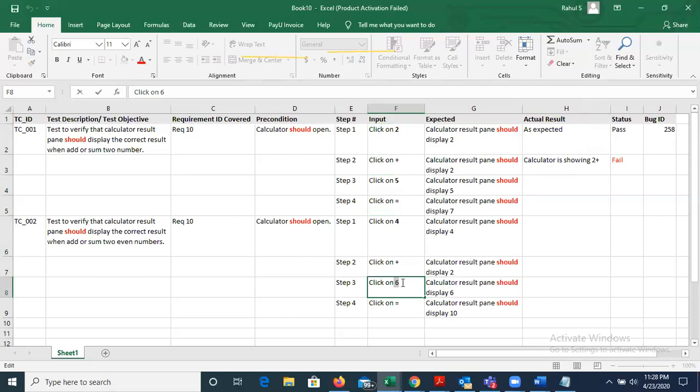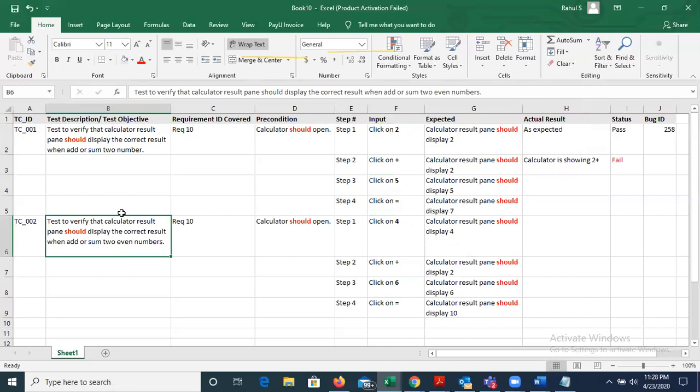That is what test data I am using to evaluate this requirement statement or description. This description or test objective is always derived from the SRS or the requirement statement. We are not deriving it on our own. This always comes from the requirement statement.